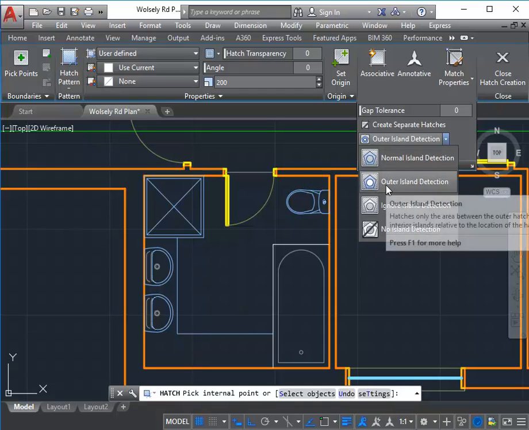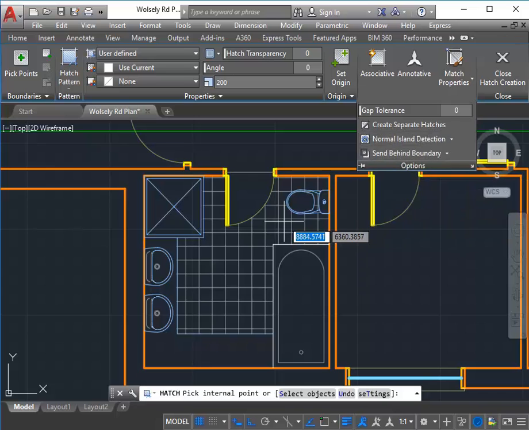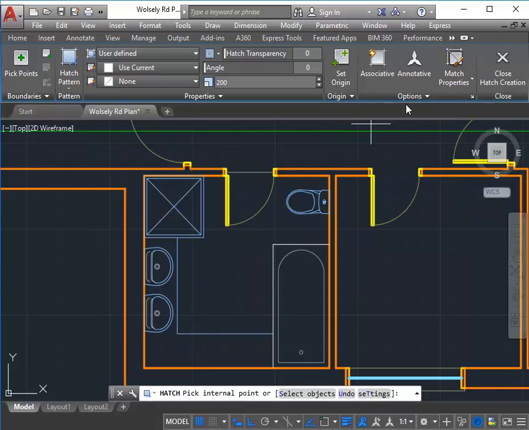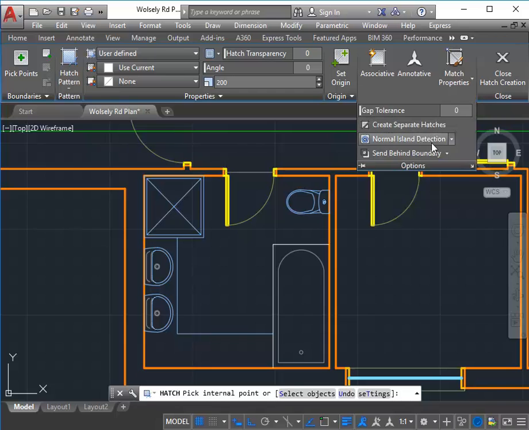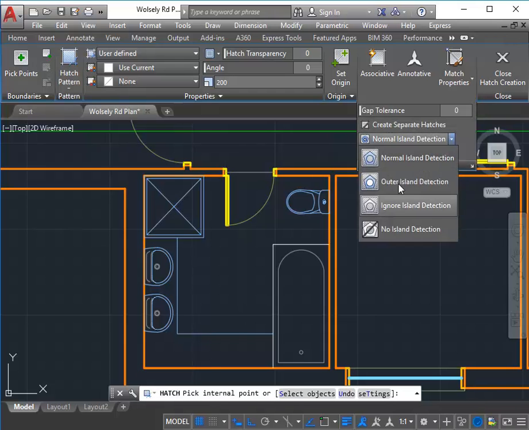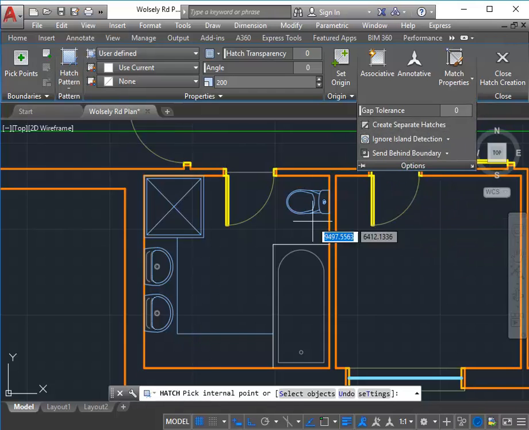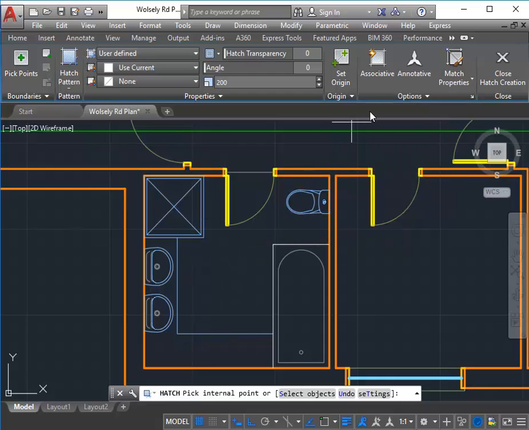Here it's got outer, and so you can try going to normal, and you can see there that's not fixing it. So we'll try the other option, which is ignore, and you can see